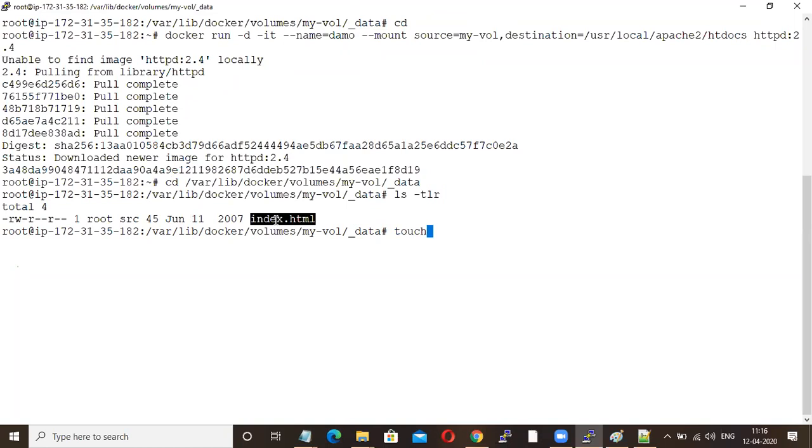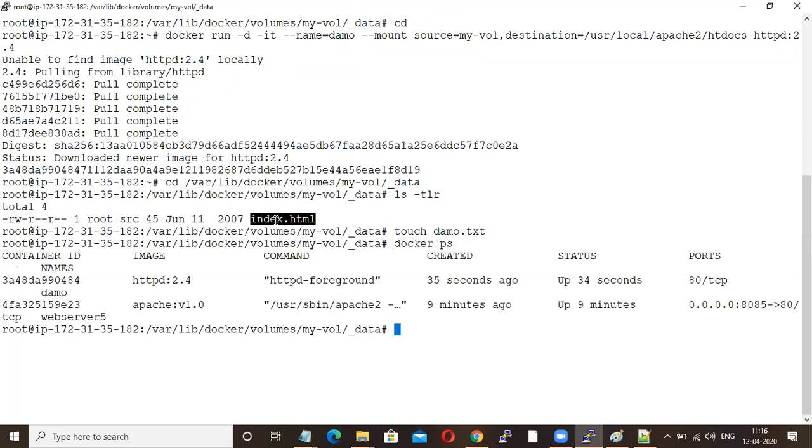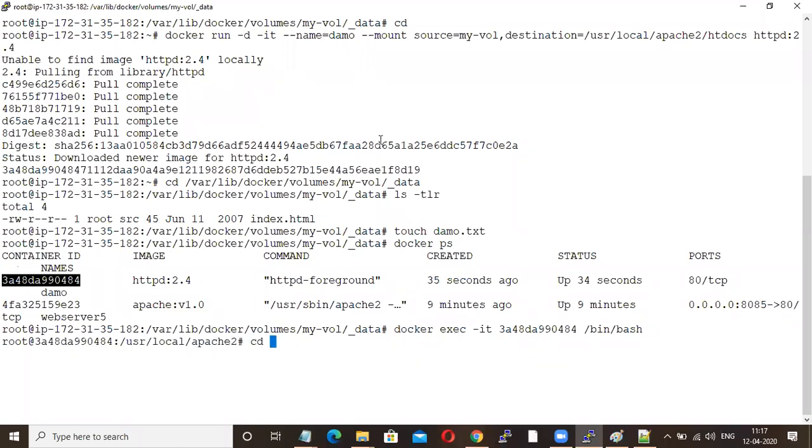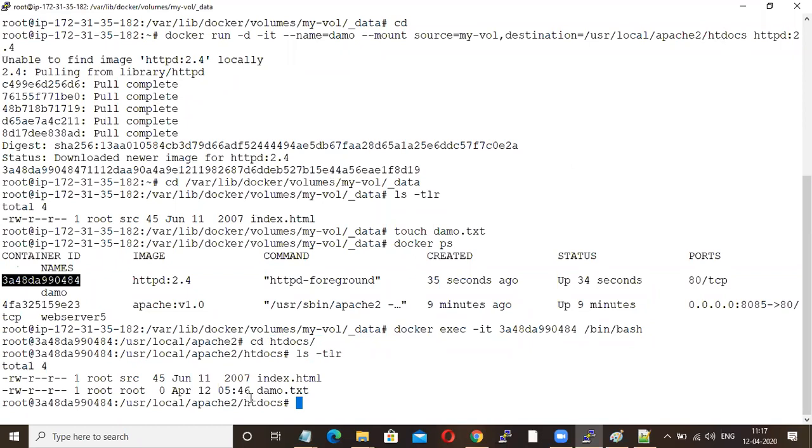I'm creating touch demo.txt. Then docker ps, docker exec -it container id /bin/bash. cd sddocs, because I have mounted this path sddocs here.